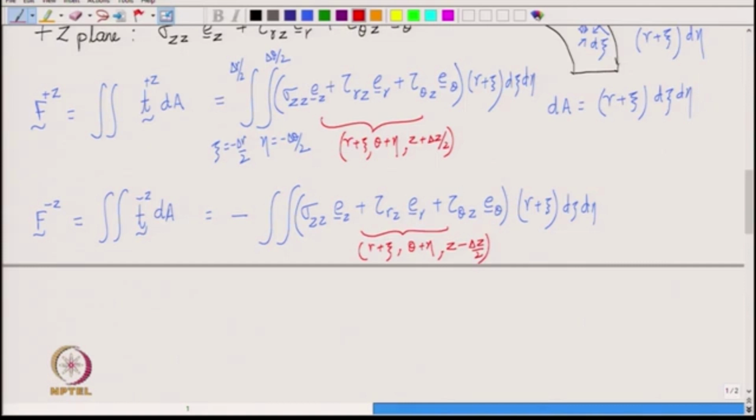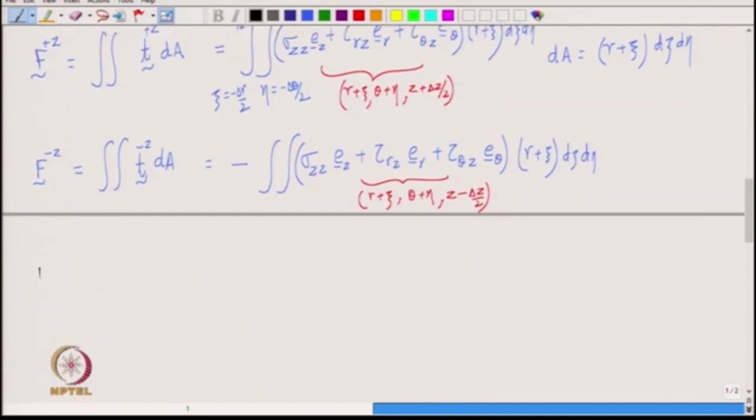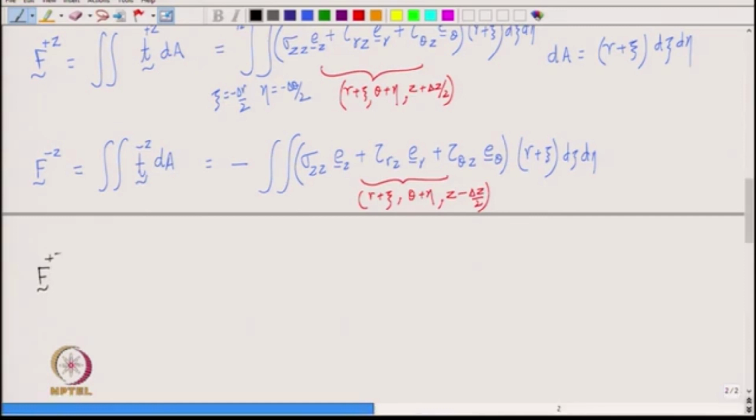So, what should we do now? We have to now do the Taylor's expansion, right, because the stress components are varying in the domain, it is varying for different points of the z plane, is not it. So, we will do Taylor's expansion. The force on positive z plane. So, for that we do the Taylor's expansion. So, sigma z z is evaluated at r plus zeta comma theta plus eta comma z plus delta z by 2. So, we have to do its Taylor's expansion and it becomes